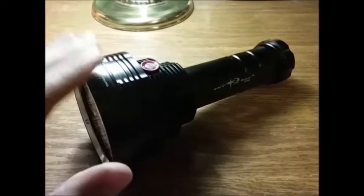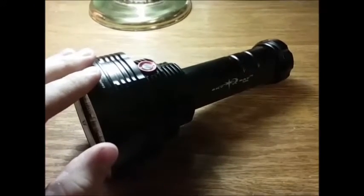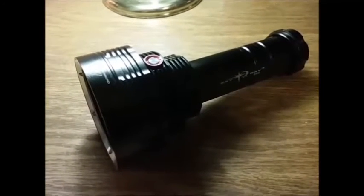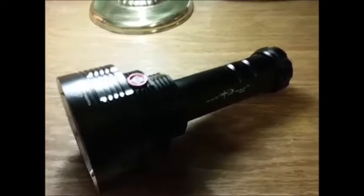This is similar to the other Skyray King flashlights that are out there. Surprisingly, this thing will run for about 2 hours on high, and I am surprised because it is pushing out a lot of light, and it holds